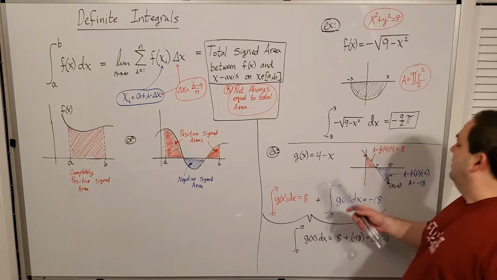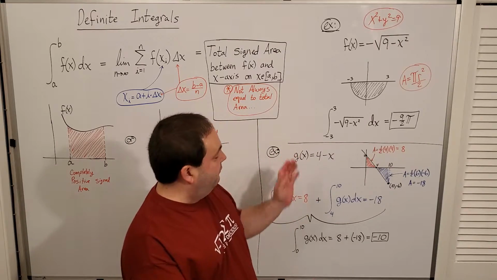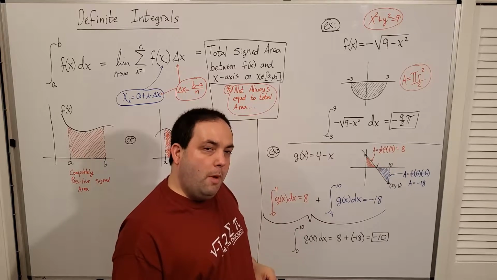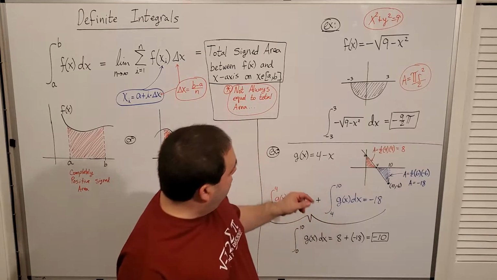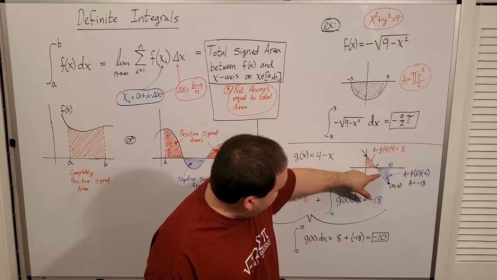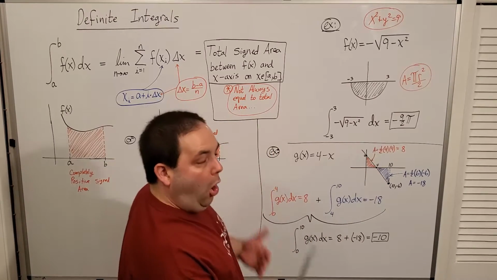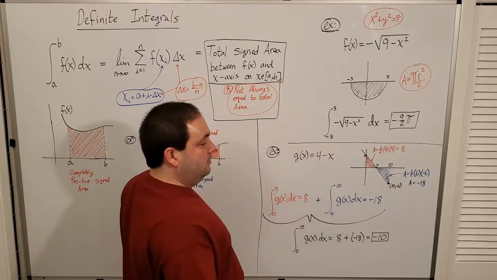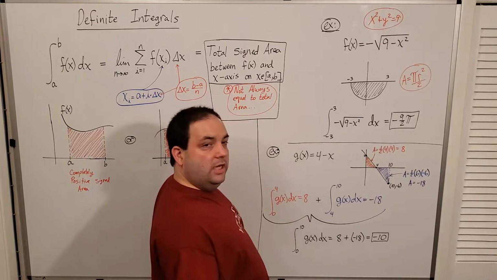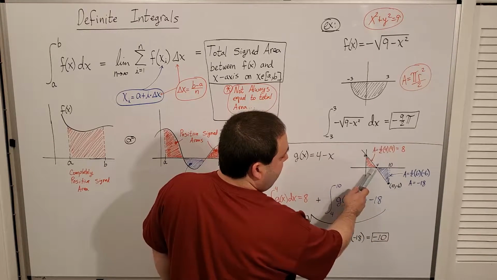Okay? Next, here's another example where you can have two different sections. The simple line, excuse me, y equals 4 minus x. Y equals 4 minus x goes through 4 on the y-axis and has a slope of negative 1. Hits the x-axis at 4. So if I want to look at all of the values of x from 0 to 10, I'm going to get two differently signed regions. I've got the region from 0 to 4,